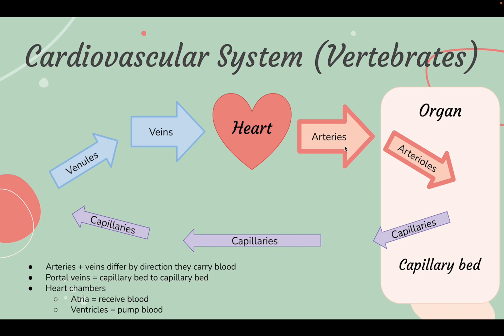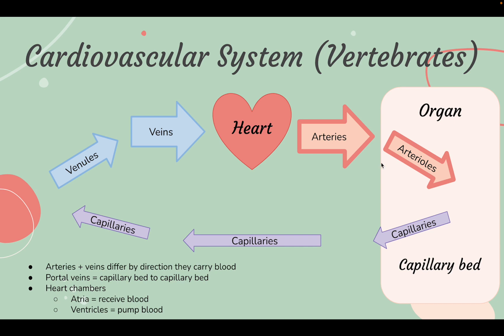Basically, you can see that the arteries and the veins are the thickest arrows, and that symbolizes that they're the biggest blood vessels by diameter. Arteries and arterioles are going to have thicker walls than venules and veins because